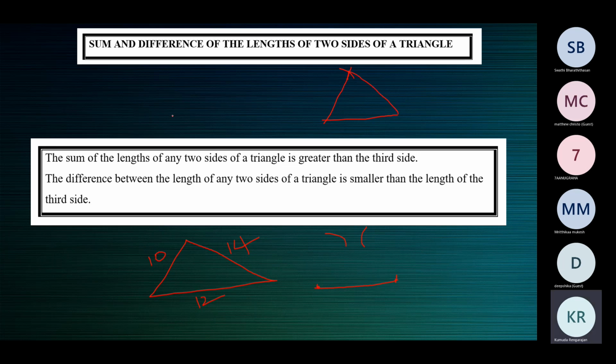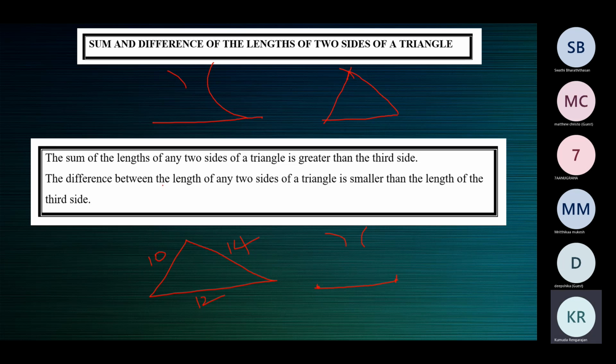But supposing you're given the lengths of three sides and you're trying to construct the triangle, and from here you draw an arc like this, and from here you try to cut the earlier arc, but it is not meeting. It's coming somewhat like this. That means the three lengths given don't form a triangle, because they will not be satisfying these properties.